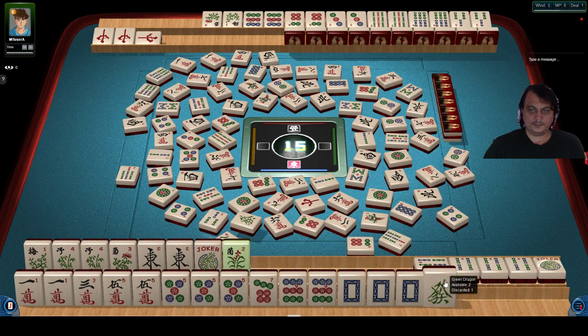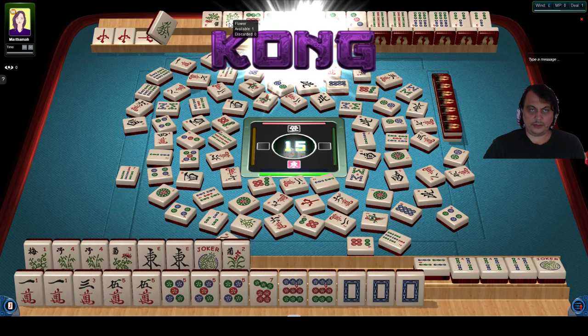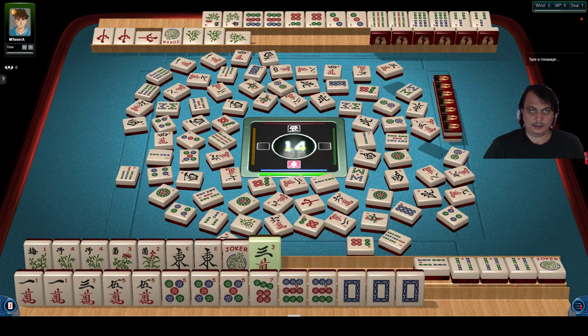Flower. I'll discard the dragons. So I have 5 flowers. I see 2 flowers right there. Pong. So if she needs a flower to complete the second hand, then she won't have it. Not from me, and there's nowhere else to get it. So this might require 2 flowers. Let me check that hand. That is